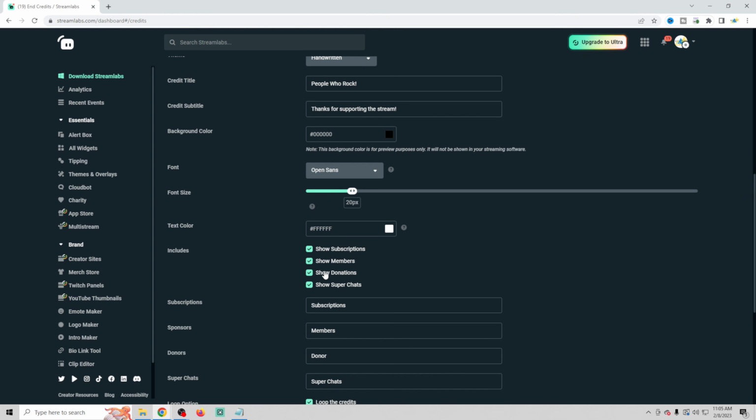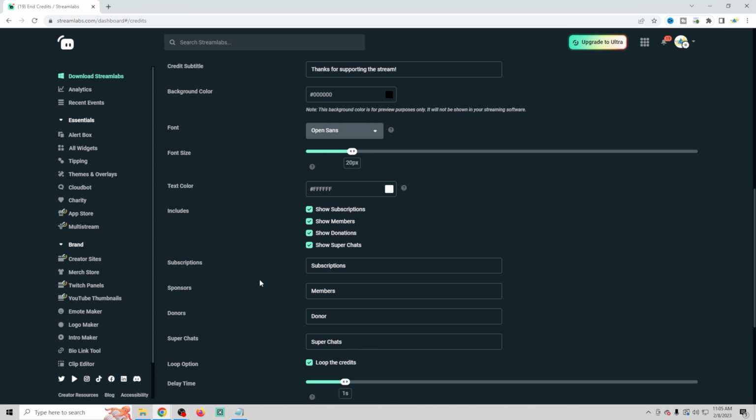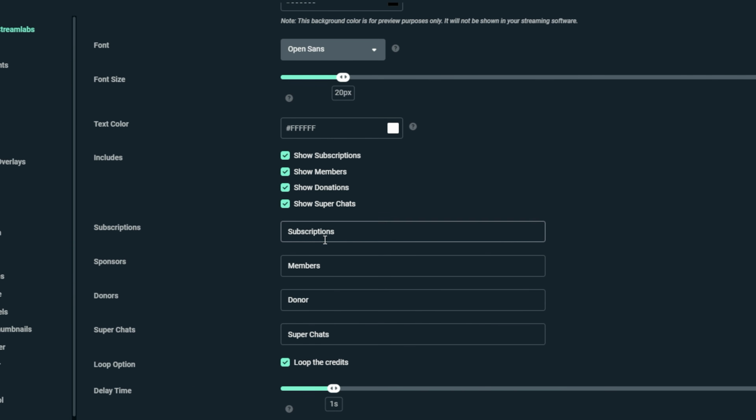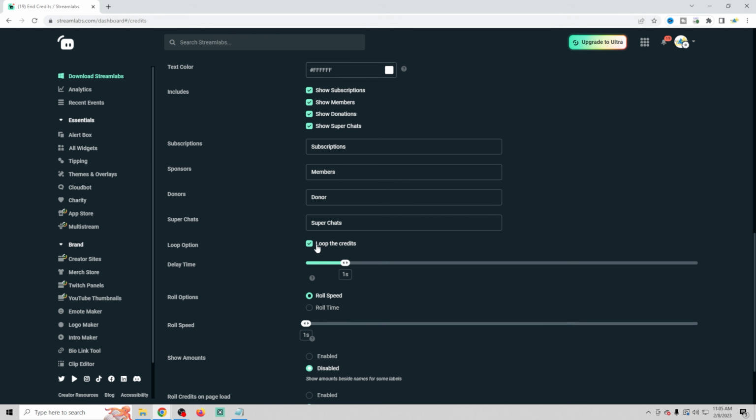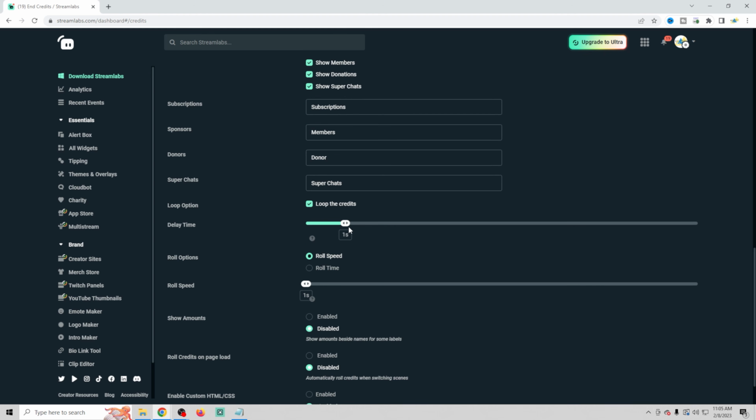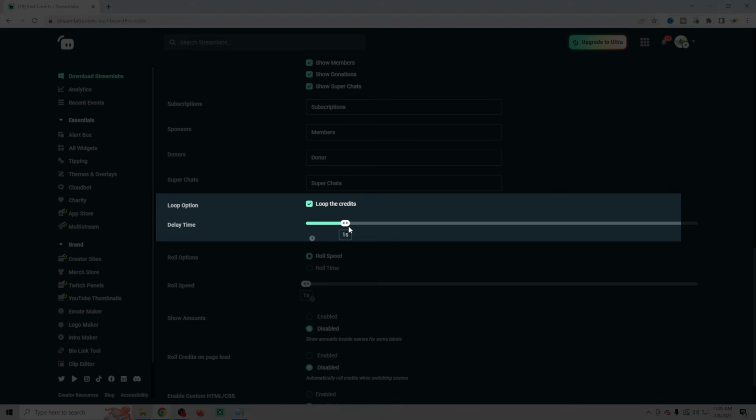Obviously, it'll be different if you're logged into Streamlabs with your Twitch account or your Facebook account, but this is for YouTube. Then it has the descriptors, which list the words that you want to put on the screen for each of the donations, which is pretty cool. We can loop the credits. We can add a time delay if we want it to start running a little bit after we start talking